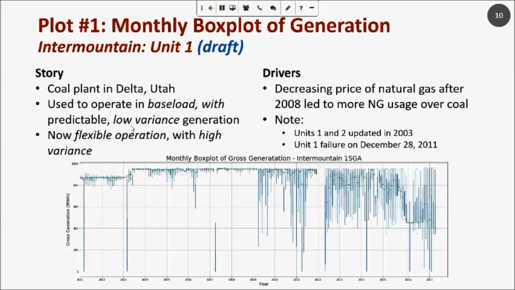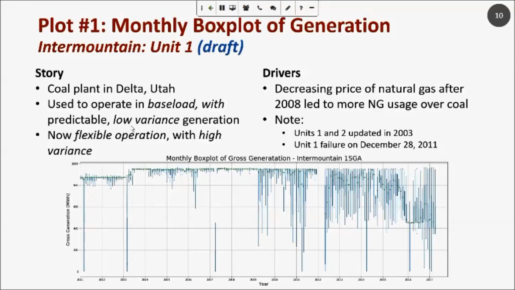It's owned by Intermountain Power Agency, and if we look at this graph, a couple interesting things pop out to us. So you can see that from 2001 all the way until about 2009, 2010, the whiskers on the box plots are very short. What does that mean? It means that the variance observed in that month, or the spread of different generation values that the plant has taken, is very small. It's really condensed at the top line there, near full capacity factor. And that's the other thing, is that the green dots representing the median generation value are right there near the top as well, indicating that this plant during that time range was operating in a base load capacity with low